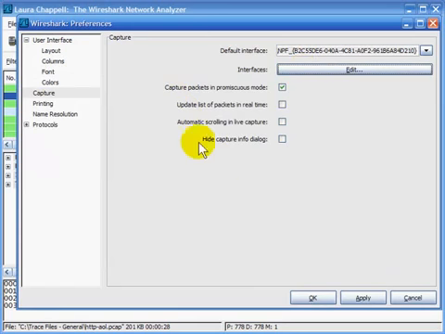Now the default settings are shown here to you. Capture packets in promiscuous mode. Promiscuous mode means that we will capture all packets even if they are not addressed to or from our network interface card, or they're not a packet that our network interface card would normally process, such as a multicast packet